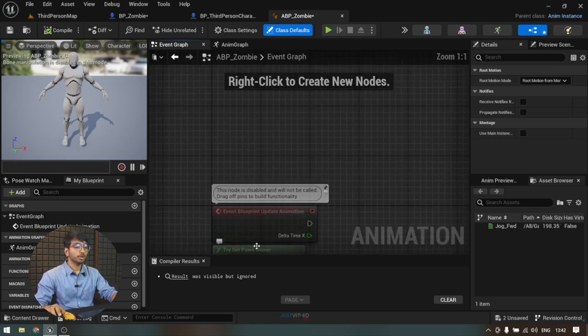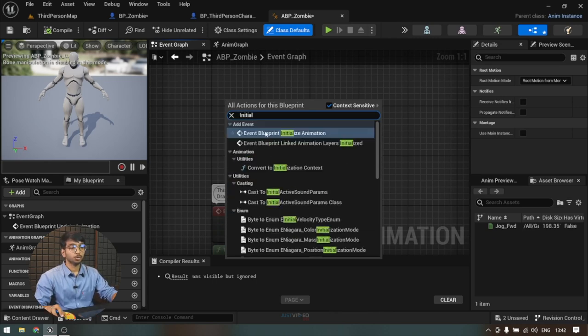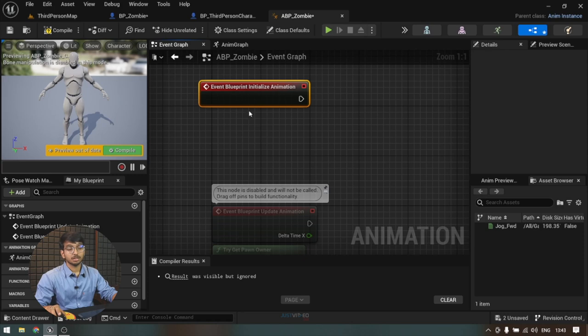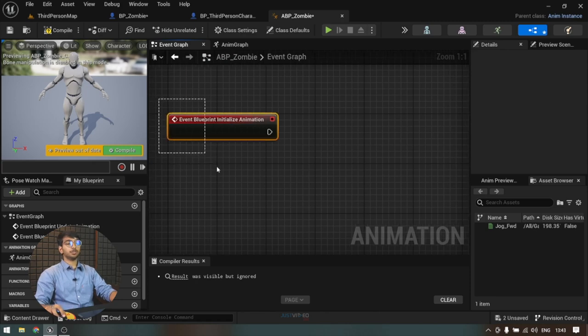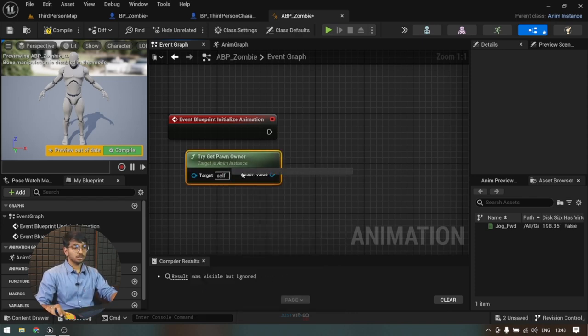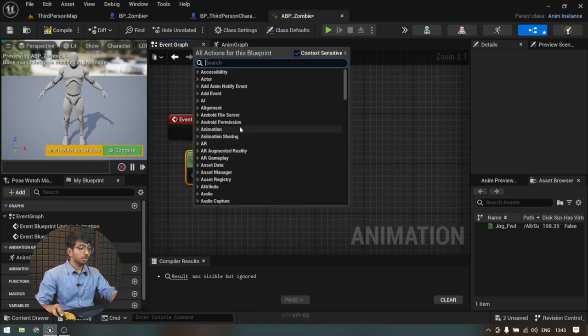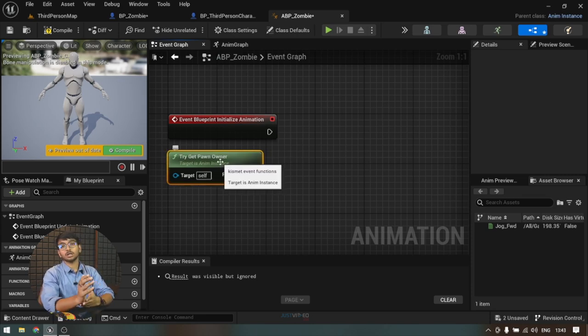So what should we do? We'll right click on this, we will search for initialize animation. This is same as event begin play. Now in event begin play or initialize animation, we'll right click on this, we'll search for try get pawn owner. What this does, you can see it here, written value, try get pawn owner. It is not showing here, but this basically gets the pawn of your class,